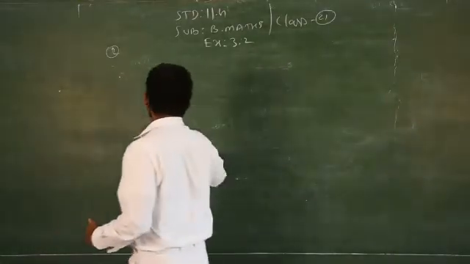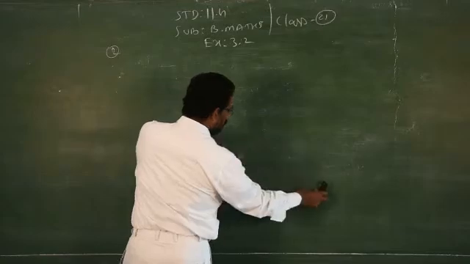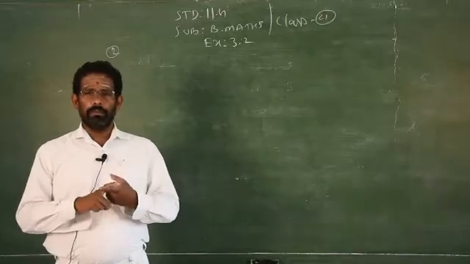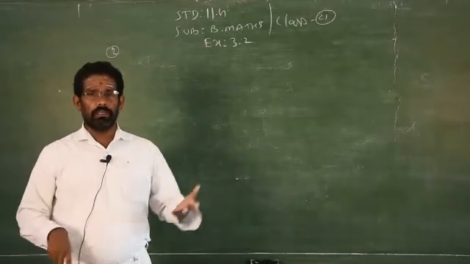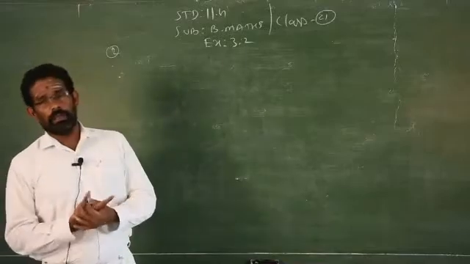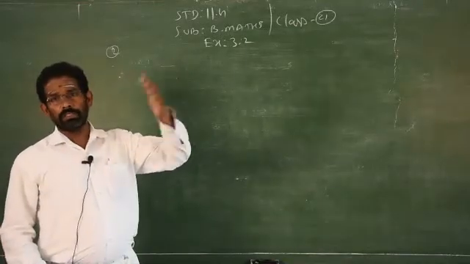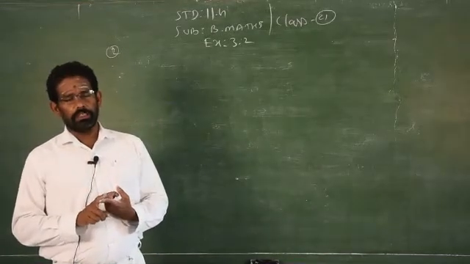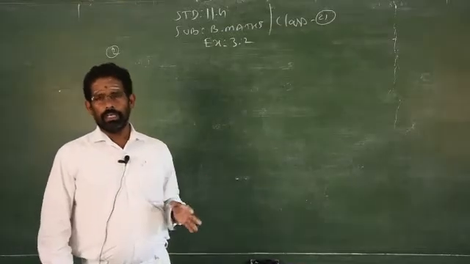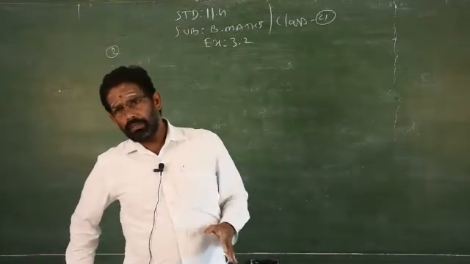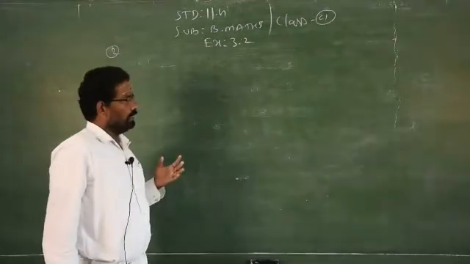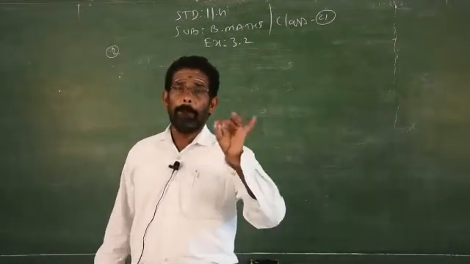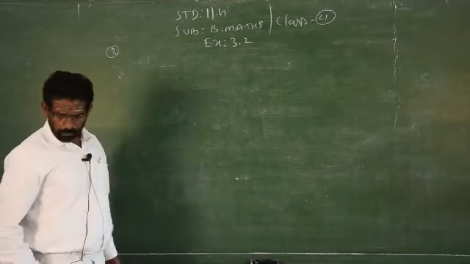Clear? So what do you mean by concurrent lines? Concurrent lines pass through a single point, that is a common point. All three lines or more than three lines passing through the same point are called concurrent lines. Don't think that only three lines are called concurrent lines; more than two lines are called concurrent lines. If it is only two lines, that is called intersecting lines. If it is more than two lines passing through this common point, those lines are called concurrent lines. To check whether the given lines are concurrent or not, we have two methods. One is the algebraic method, another one is the matrix method. Now I am going to do it with the matrix method.